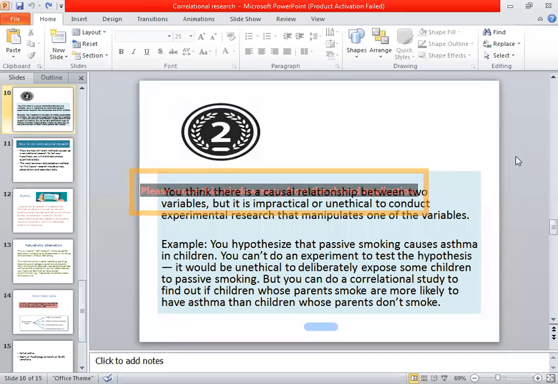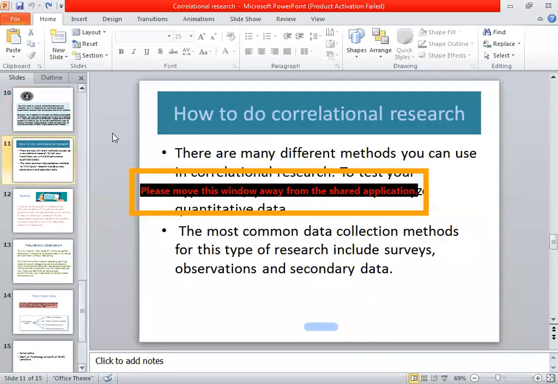We will compare the two groups of subjects. We will include the parents who are smokers and the parents who are not smokers, and we will compare their children also, to see whether there are some differences or not. So these are the conditions where correlational researches are applied or taken into consideration. Okay, and